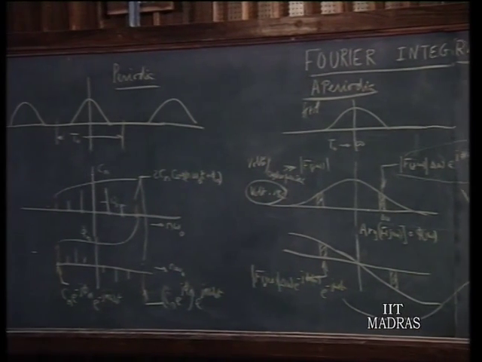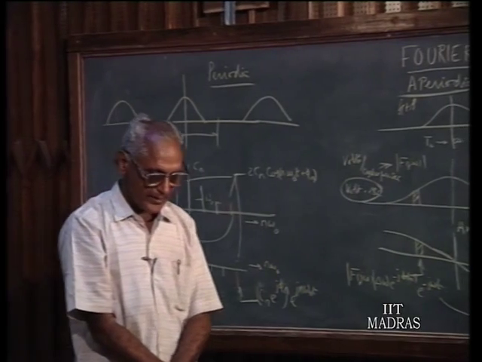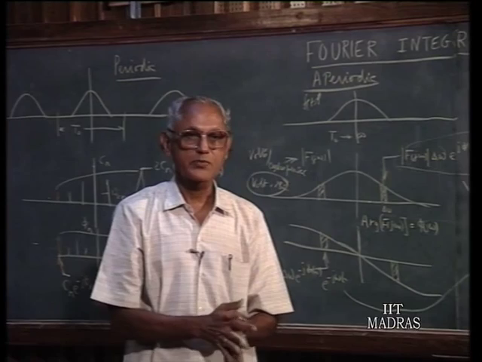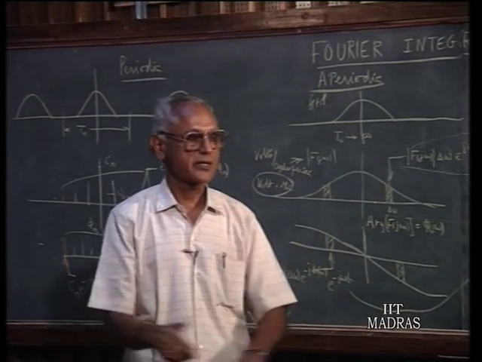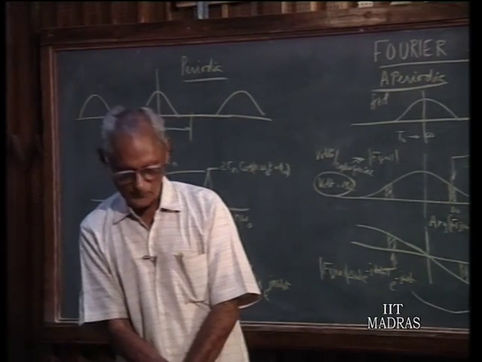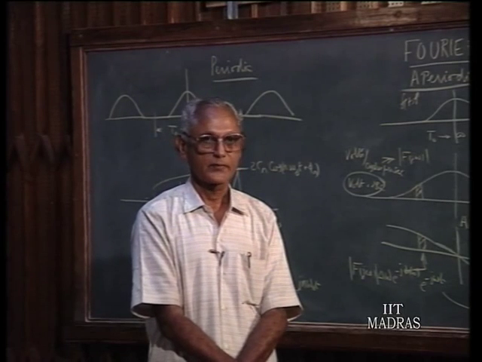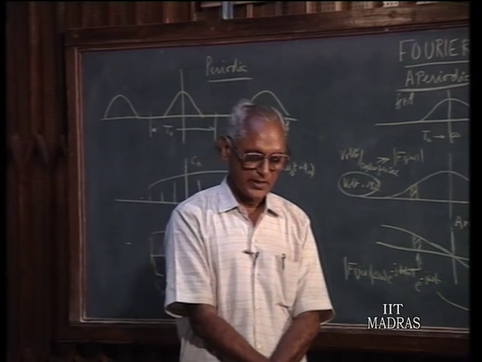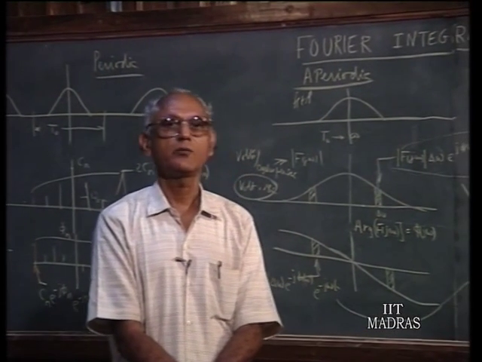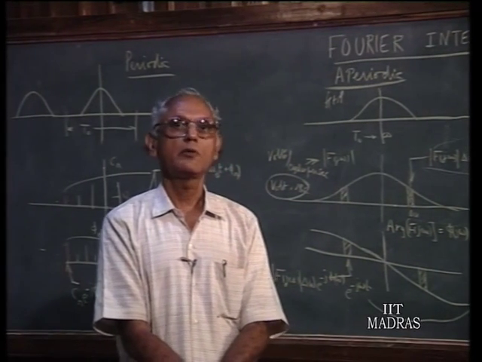So, what we have done is to demonstrate, by taking the limiting case of the Fourier series as the frequency becomes smaller and smaller and the period becomes larger and larger, that even an aperiodic function can be thought of as composed of a number of different frequency components. In contrast to the Fourier series, which concerns itself with the periodic case, here we have a frequency component at every conceivable frequency,